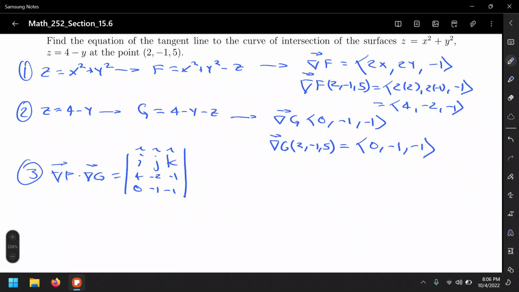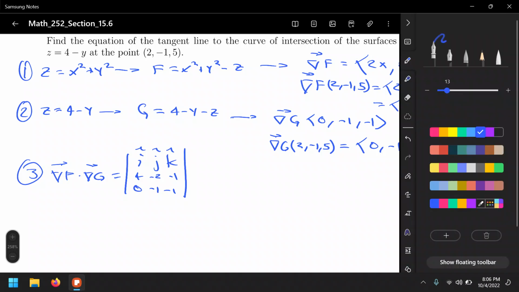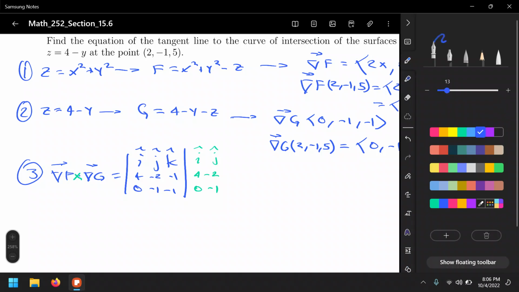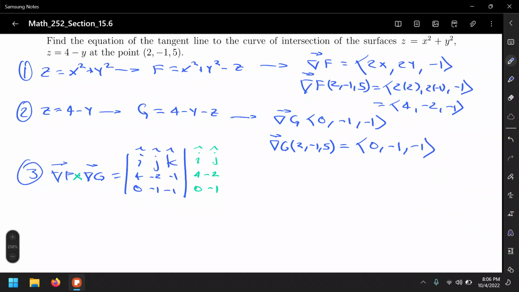Let me repeat the first couple of columns. It's a cross product, not a dot product. So that's 4, -2, 0, -1. And doing this cross product, just to save time, this should give us the following vector: